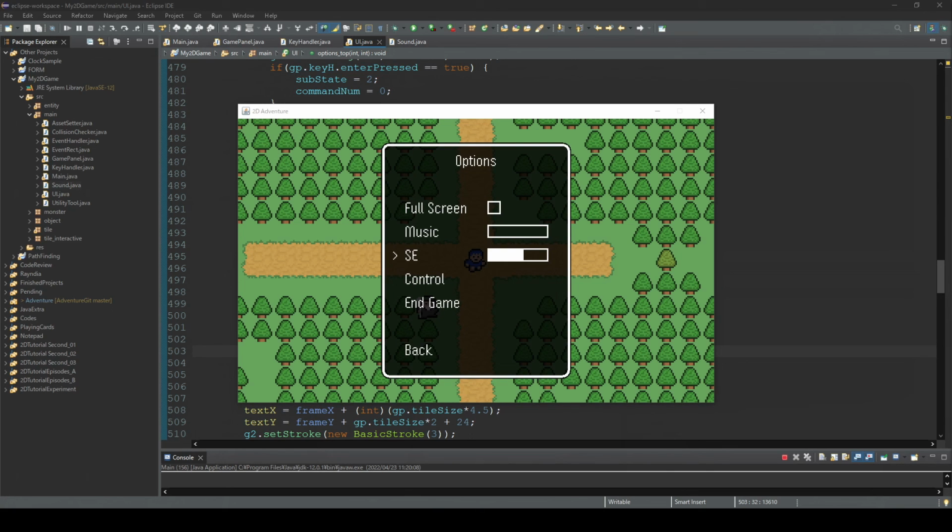Alright, so finally we will save these settings so we can restore them when we restart the game. And for that we're gonna create a config file